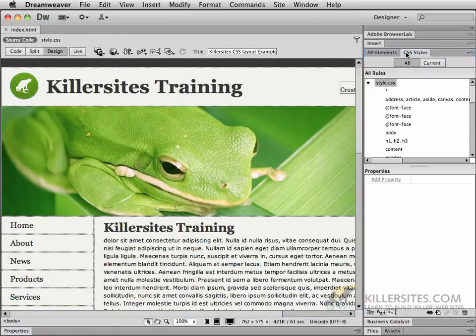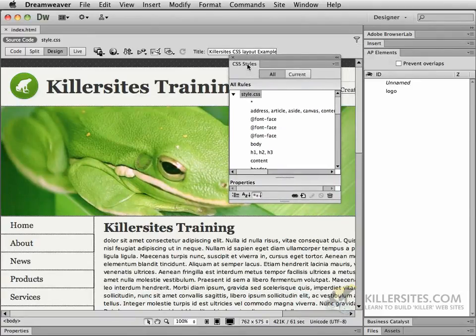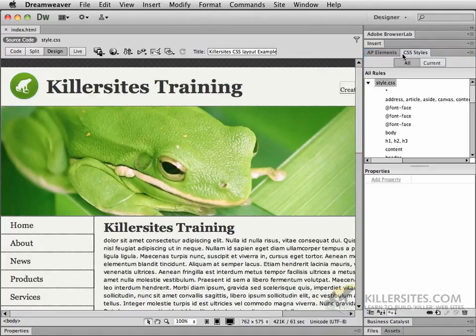And that means if I position my CSS styles there, it will become docked inside of this little grouping area. I can move them around if I want the CSS styles in front of the AP elements. What if I want to remove both of these? Well, notice just selecting one and moving it only moves one of them. But if I have two things in a group that I want to move, I can do the same thing